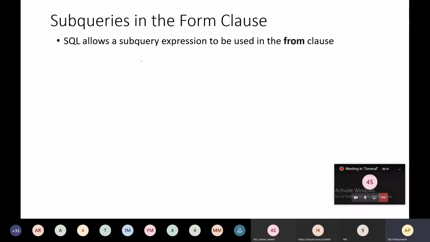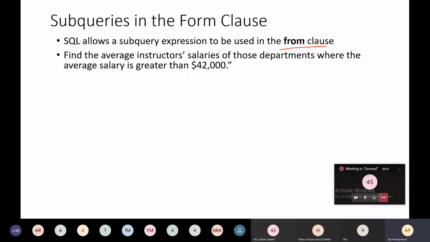So SQL allows a subquery expression to be used in the from clause. Suppose the query is like this: find the average instructor salary of those departments where the average salary is greater than $42,000.